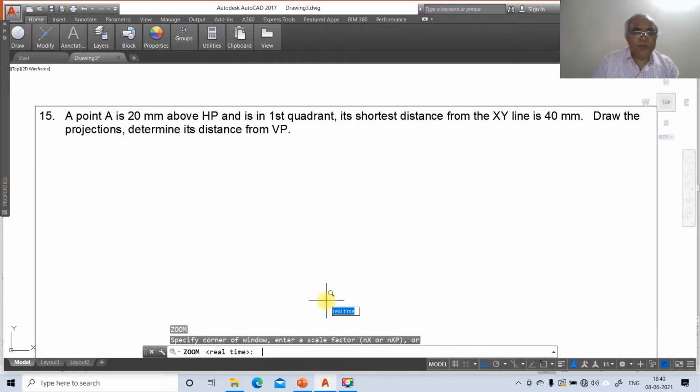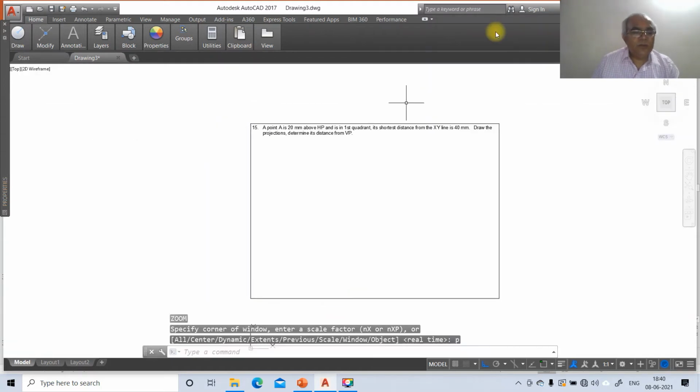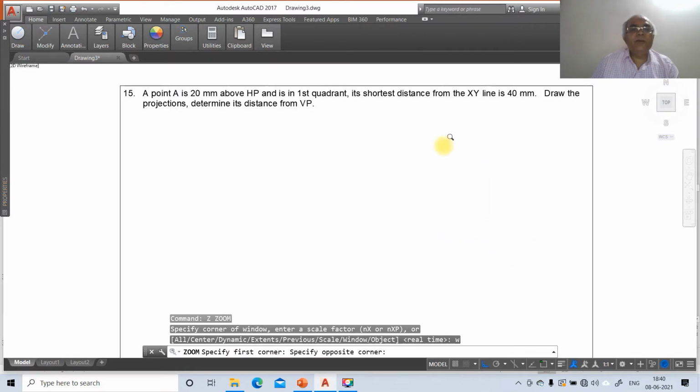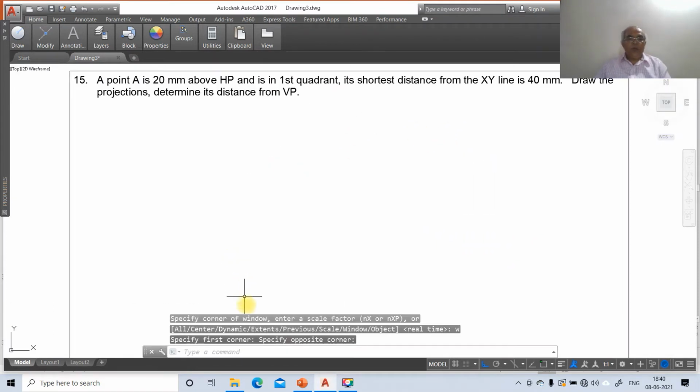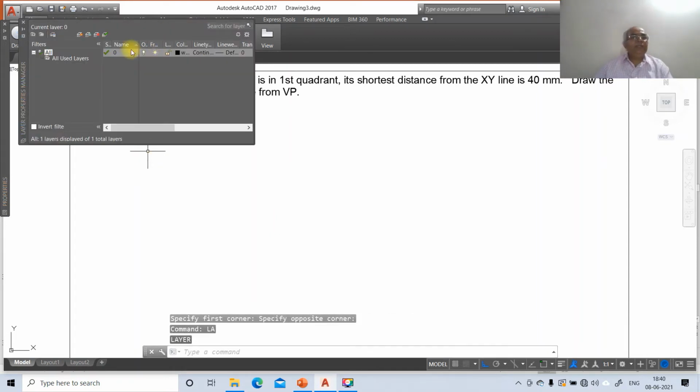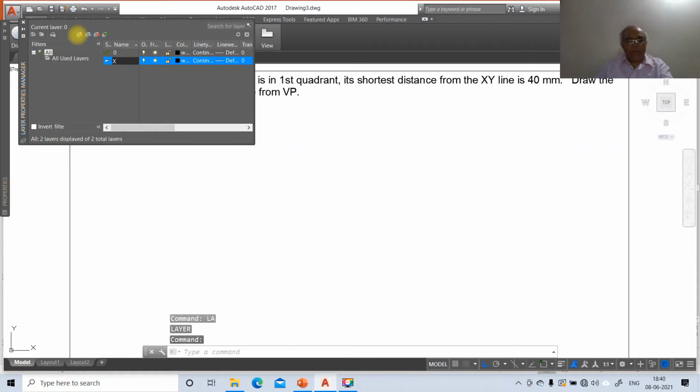Then go to zoom previous. So now we will try to solve this problem. Go to zoom window. First we will go for the layer command. We are going to create the layers. Make this as XY. Then click on this, make this as front view.